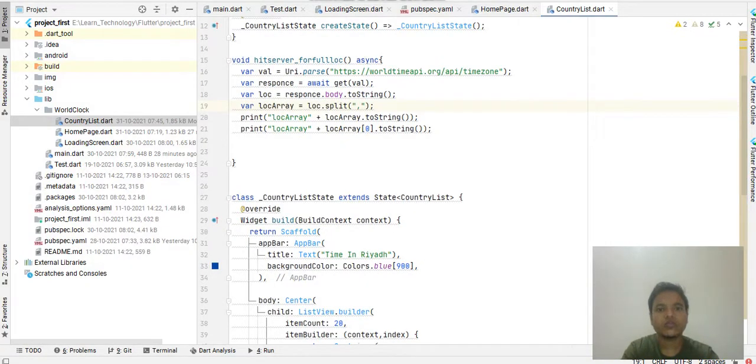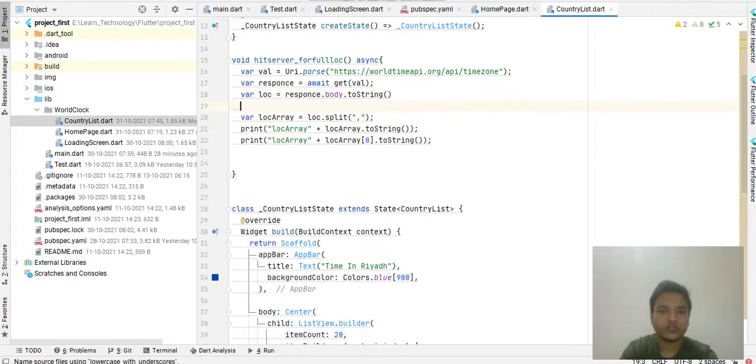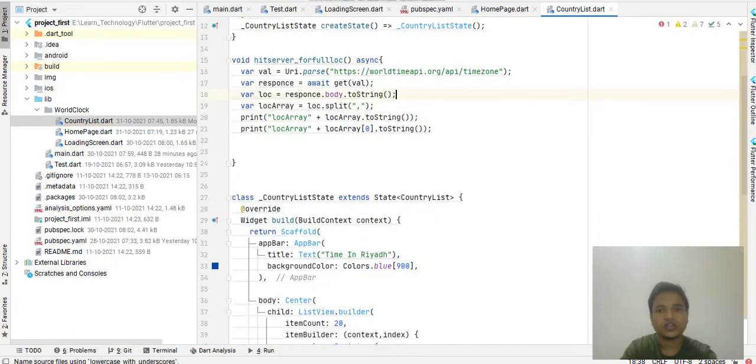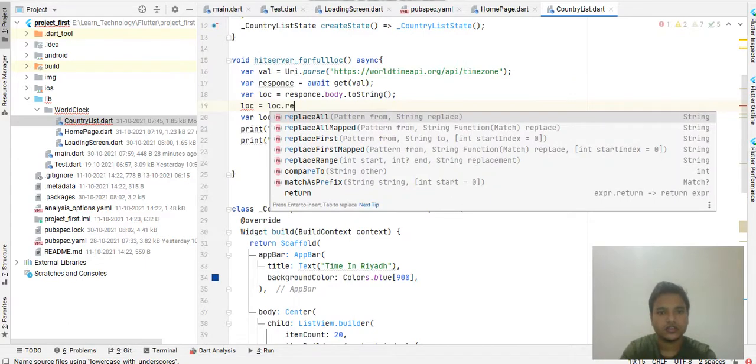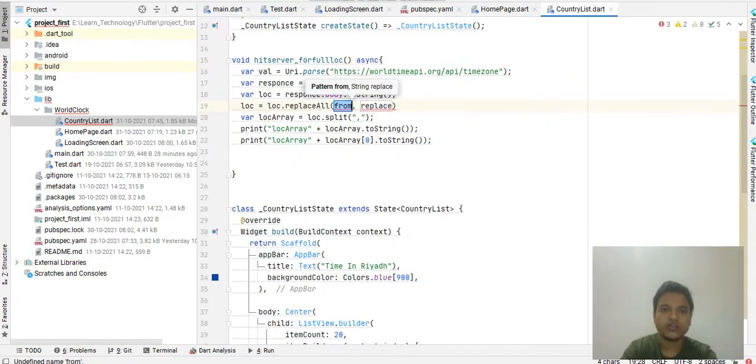So what we have to do is remove those string patterns from the string. So for the location string, we change the string like that, location dot replace all, and that's how we can do this with the brackets. That one we have to change with that one.